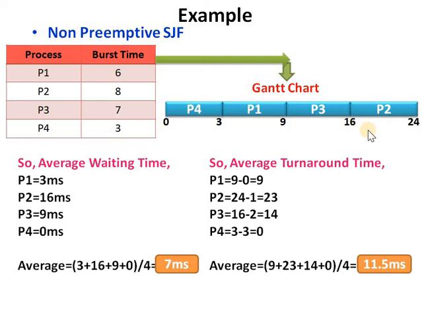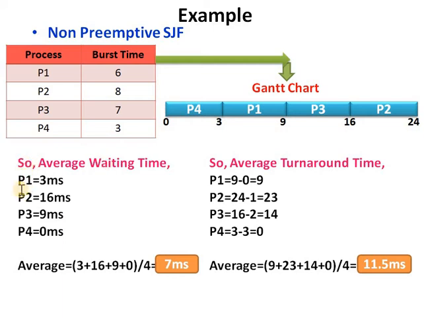In this algorithm, we are calculating the average waiting time and average turnaround time. First, we are calculating the average waiting time. For calculating the average waiting time for all the processes, we want to calculate the waiting time for each process one by one. How to calculate waiting time? There is a formula: waiting time is equal to starting time minus arrival time.